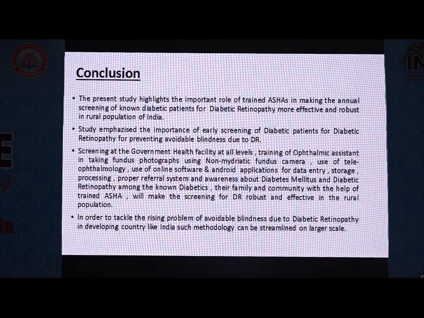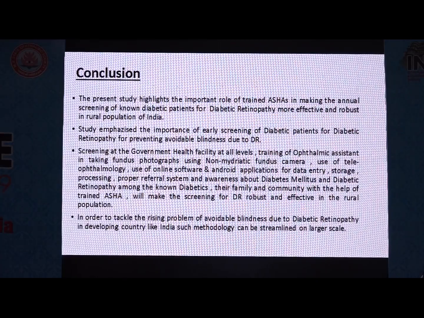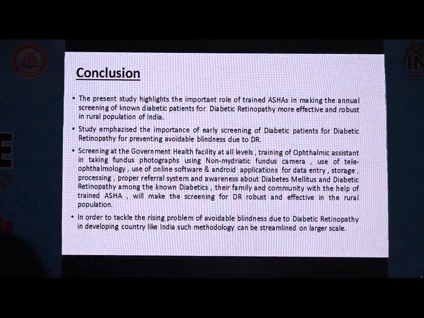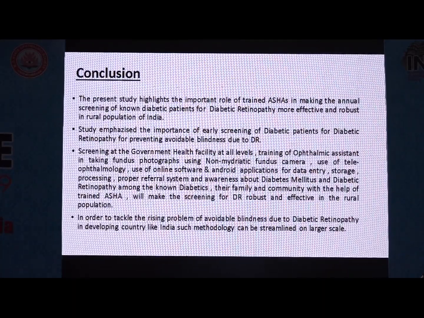The present study highlights the role of trained ASHAs in making the annual screening of diabetic patients for diabetic retinopathy more effective and robust in the rural population of India. The study emphasized the importance of early screening of diabetic patients for preventing avoidable blindness due to diabetic retinopathy, screening at government health facilities at all levels, training of ophthalmic assistants in taking fundus photographs using a non-mydriatic fundus camera, use of teleophthalmology, use of online software and Android applications for data entry, storage and processing, a proper referral system, and awareness about diabetes mellitus and diabetic retinopathy among the non-diabetics,